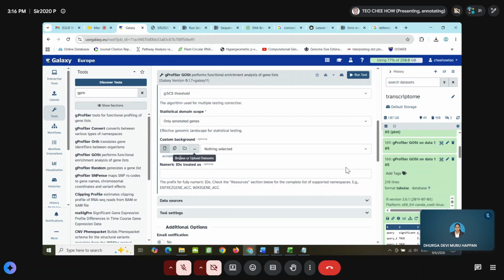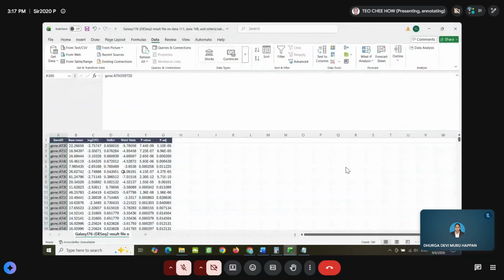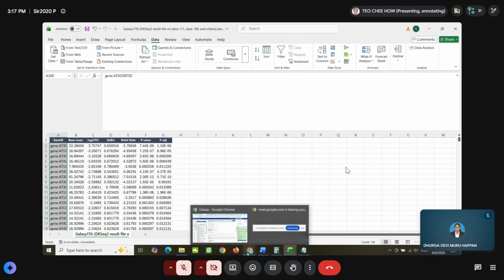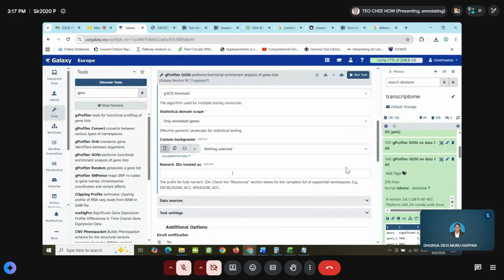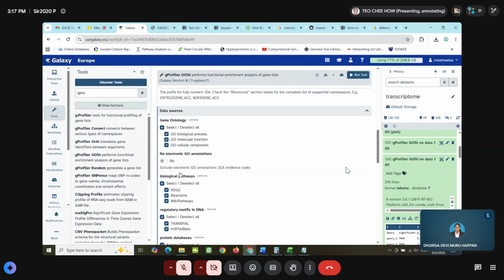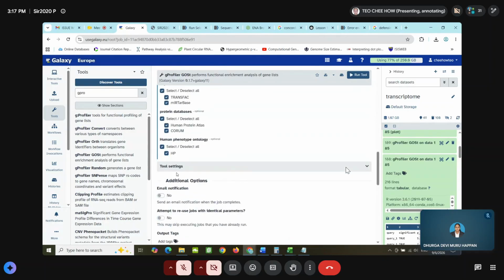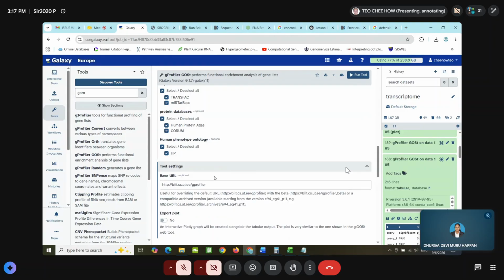Background file, it's the tabular background file. I think this background file is all the genes in here, all the gene IDs. So this will be your background ID. And then, yeah, data source. Okay. Tool setting.